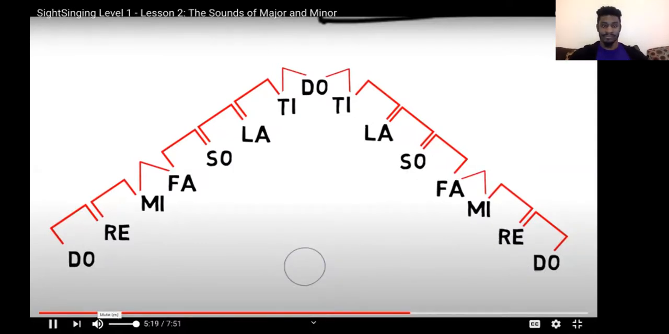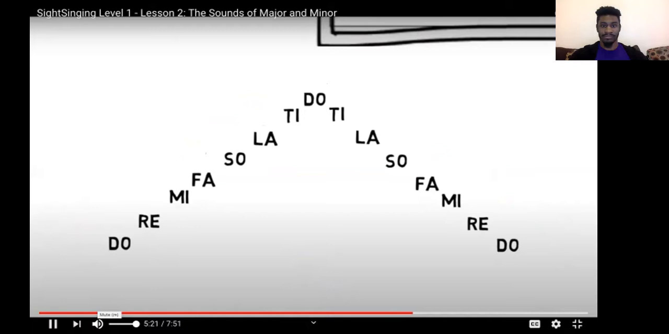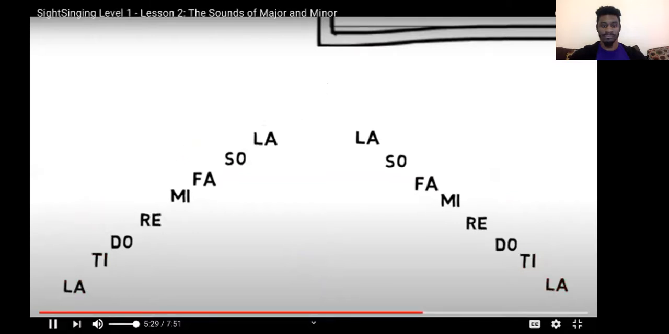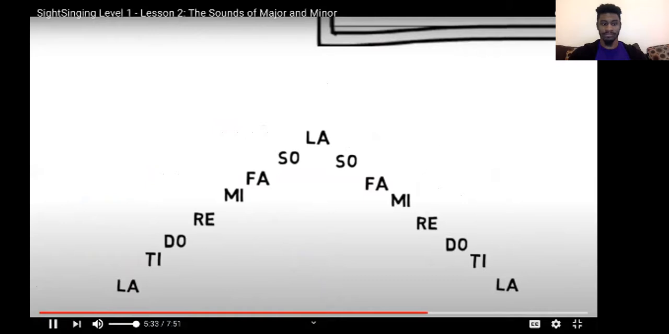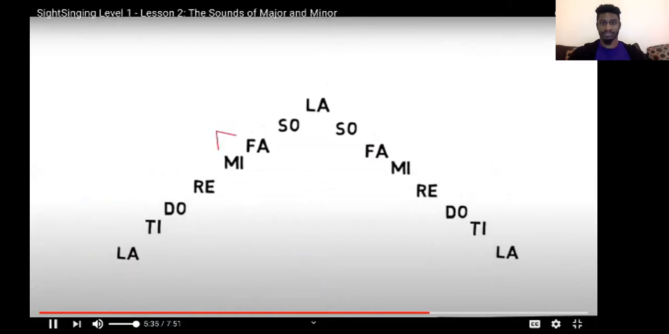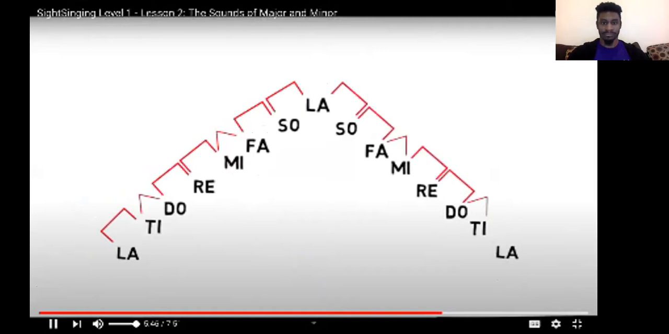Now, let's figure out how to go from major to minor. Minor is actually not too difficult. What we do is we're going to add a ti and a la to the bottom of the scale. The whole steps and half steps stay where they are, between mi and fa and ti and do. And do, as I said before, shifts going from la to la instead of do to do, changes the sound in our ears and gives us a